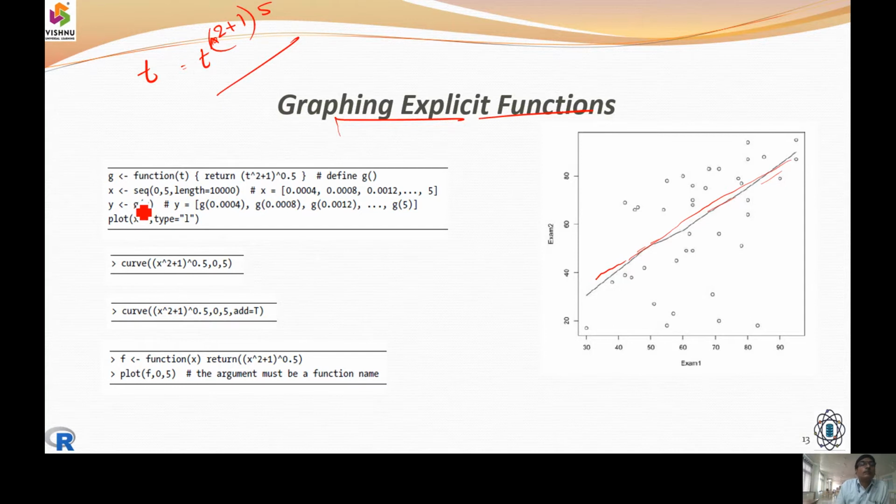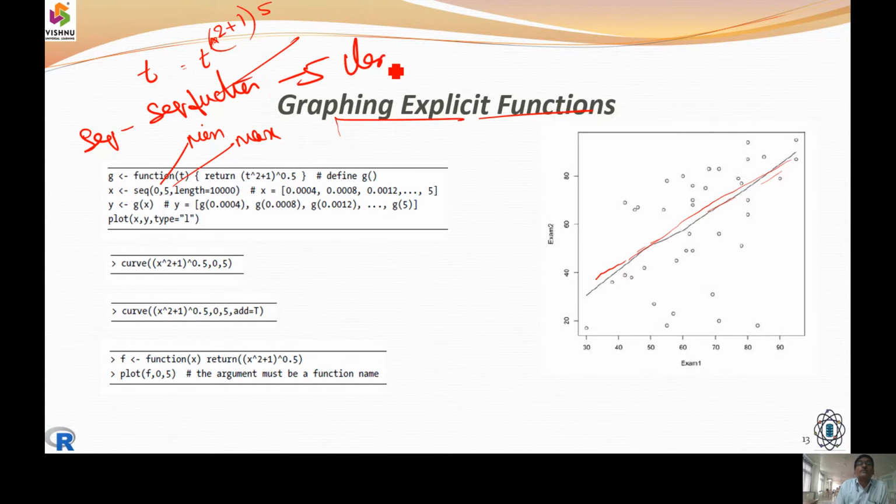The minimum value, we are going to get it from 0, and maximum value, we are printing it out. So it is a sequence operation. We call it a sequence function, which should range, and we should get 5 items from 10,000. So that's the length.